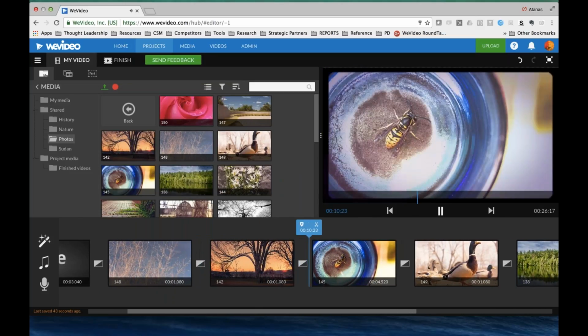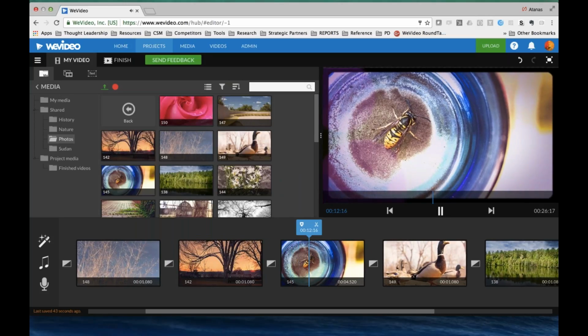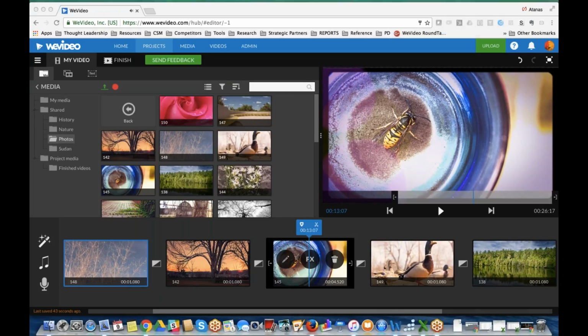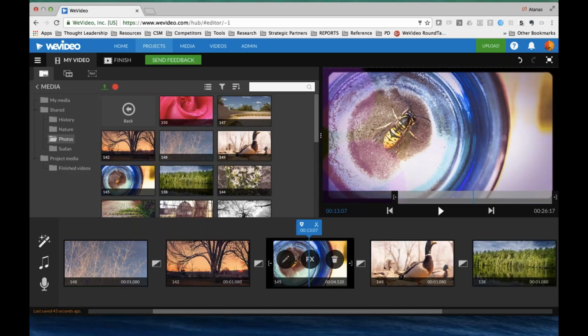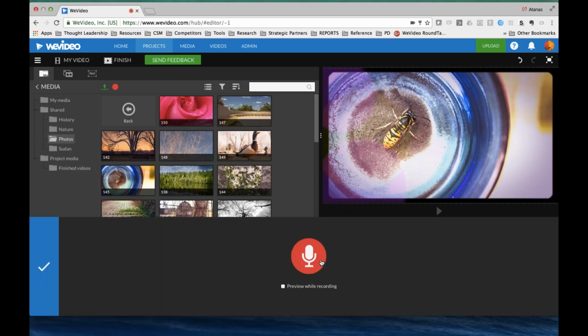So now this is starting to look a little bit more interesting. I can hear music, by the way. You probably can't hear it, but a theme comes with music. And if you want, you can adjust that from here. And you can record voiceover really quickly. So we've made it very simple. So if you want to narrate under the slides or under the photos, you can record from this button.